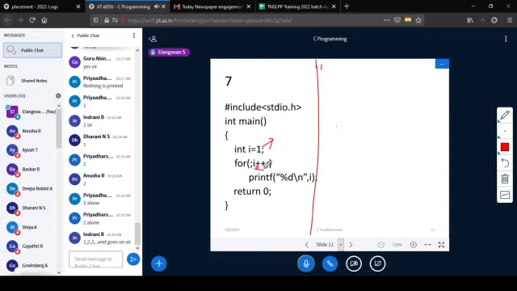What is I plus plus? For condition checking, it will take 1. 1 is a non-zero value, but 1 is incremented here, I becomes 2 before entering. So what will get printed? 2 will get printed, right? First 2 will get printed, then it is going back to condition checking. Now the value of I is 2, so 2 is a non-zero value, I becomes 3, so 3 gets printed.